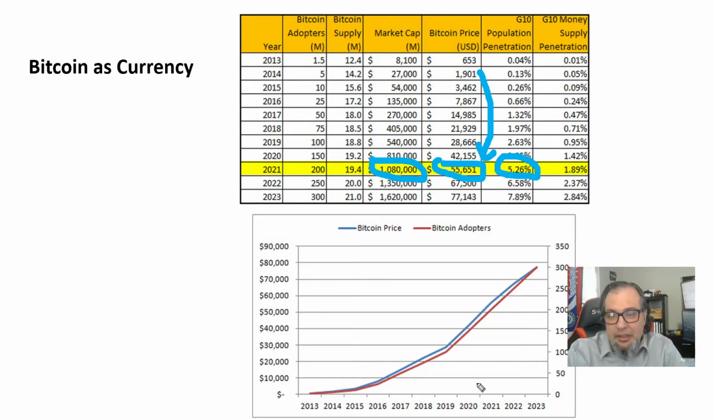Bitcoin is a currency. The more adopters it has, the bigger the value. So based on this model, it can go to 65,000, 70,000 in a couple of years and so forth. I haven't updated this model for the next 10 years, but you can see if it goes to 10% penetration, the numbers can get bigger. So the next model is